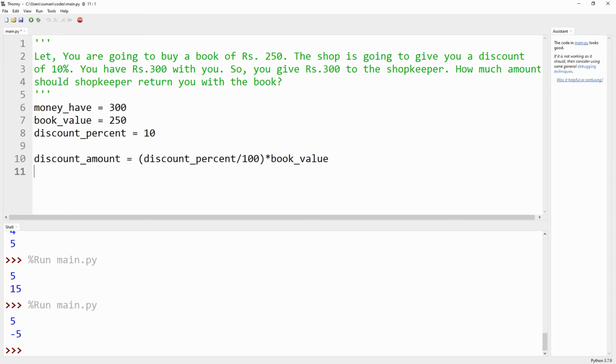So what is the book value after discount? Book after discount is equal to the book value minus the discount amount.